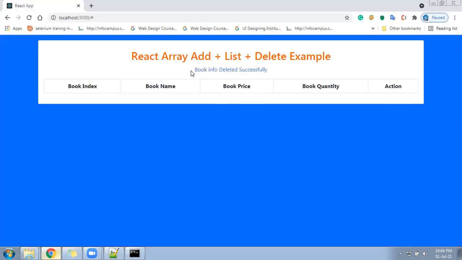Click. The element got deleted, saying book info deleted successfully. We can make it more dynamic in an upcoming session, upcoming video. It will say the particular name deleted successfully, but I have just written hardcoded values so that at least you will understand the flow. In the next upcoming video, you will get it completely dynamic, end to end. After that, let me come back to my code again. Next functionality, we have to do the adding part: how to add a new element inside the array. Those things we are going to see next.